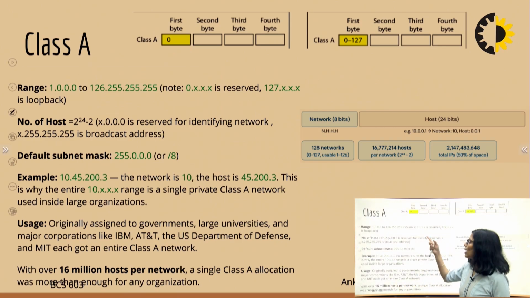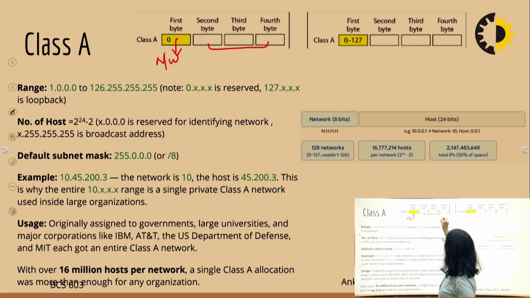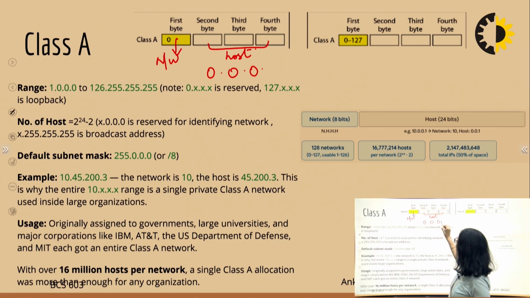Now, when we talk about class A, class A says that the first byte will represent the network, and these 3 bytes will represent the host, right? So, if I talk about the first address of this, it will be 0.0.0.0, all right. And what will be the last address? This bit is fixed, okay. So, this could be the first address, and the last address of this will be